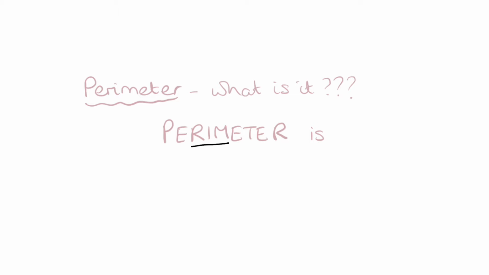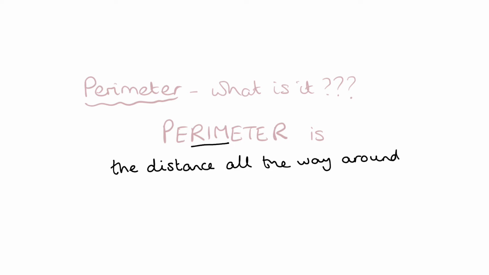So perimeter is the distance all the way around the outside of a shape. In other words, it's the total of all the lengths, okay? So whatever shape you've got,